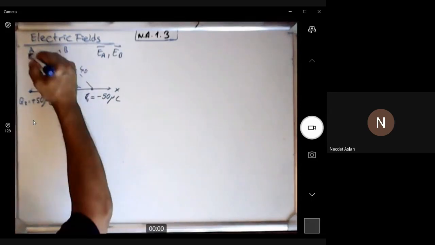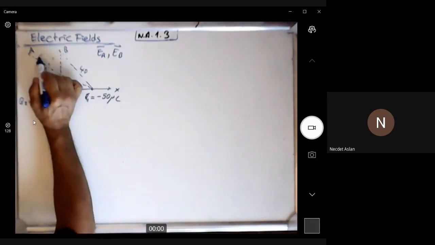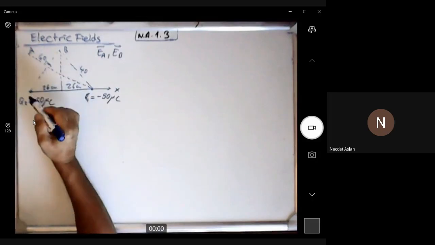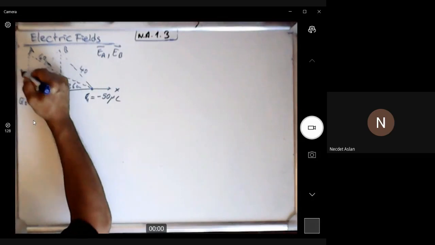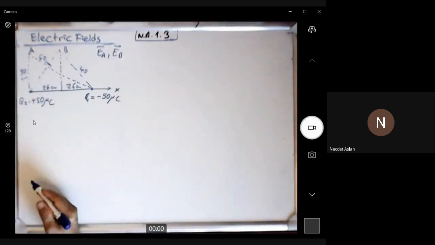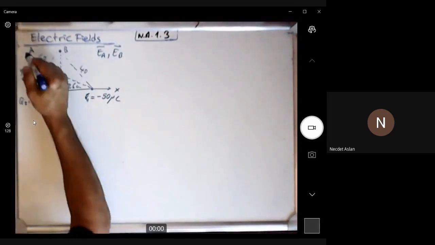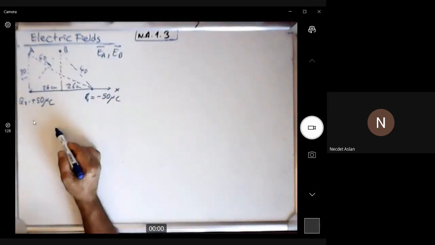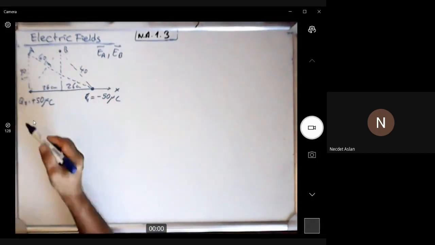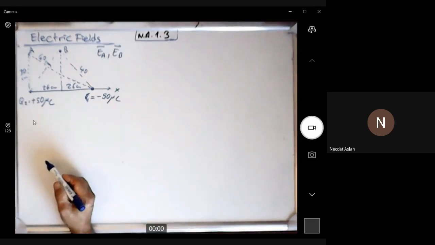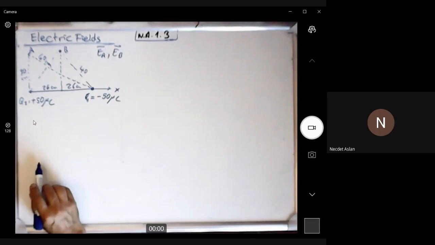And also, they give this distance to make the problem simpler. So the distance from here is 60 centimeters. And height of these two points is 30 centimeters. The distance and everything is given. We would like to find out the electric field at this point. As you see, at each of these points, the electric field has two components, one from Q1 and the other from Q2. The very first thing that you have to do in such problems is to find out the directions